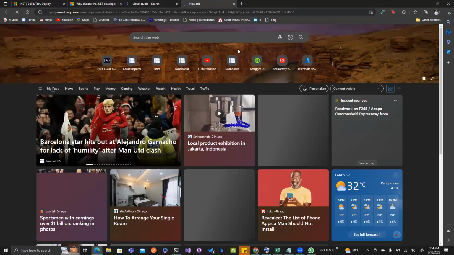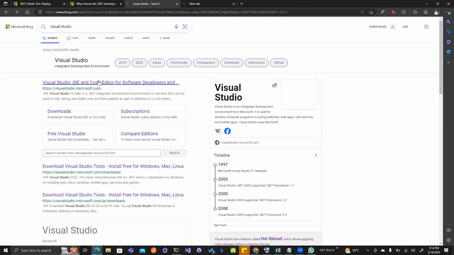Any of these works for you. If you have a very powerful system, you could decide to use Visual Studio. But if you have a not so powerful system, then you should go for Visual Studio Code, which is not as powerful as Visual Studio. So I'm going to show you how to get both of them quickly.